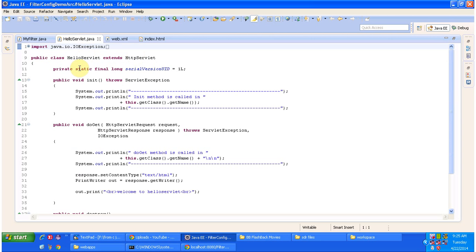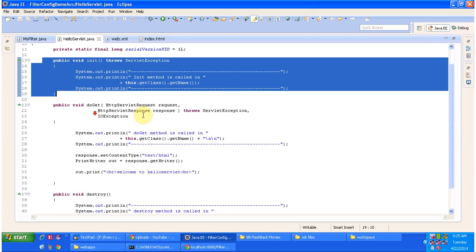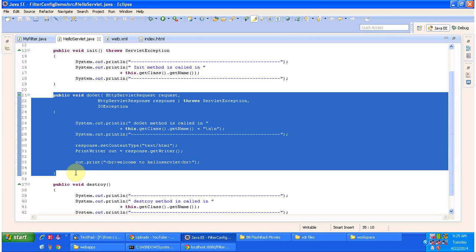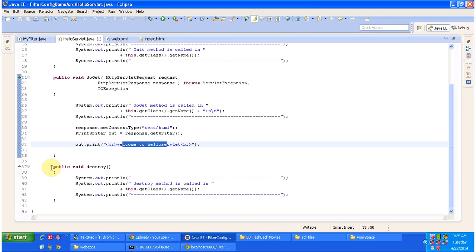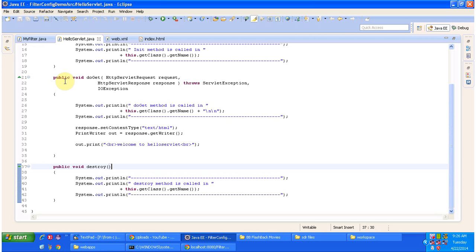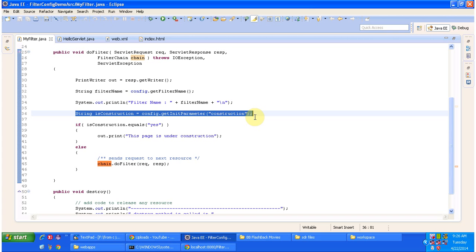The hello servlet extends HttpServlet and it has an init method. This method will be called by the servlet container to initialize this servlet, and the doGet method, which is used to process the request. Here we are just printing welcome to hello servlet. And the destroy method will be called by the servlet container to remove this servlet from service. Okay, and here the main part is how to read configuration information from the web.xml. So this is the code. Okay, and this is about